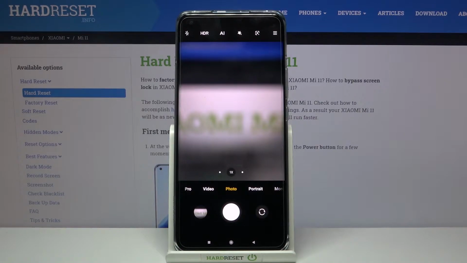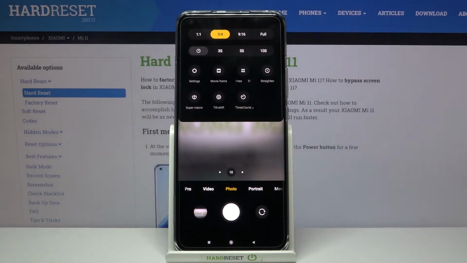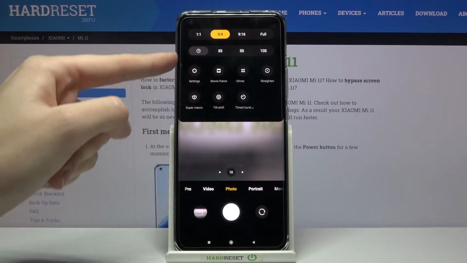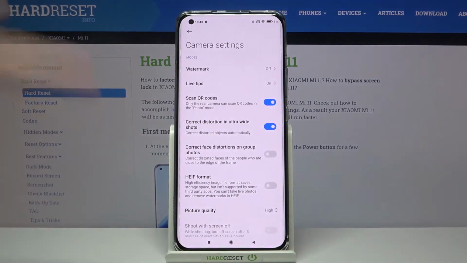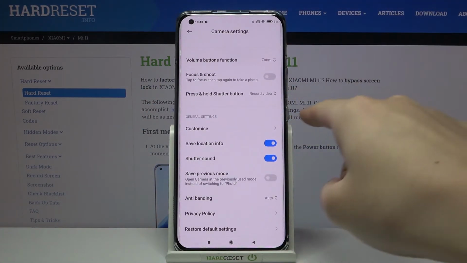To turn it off, let's go to the right corner to this button. When we pick it, we get access to more options about the camera we can manage. Now let's move to the left to this settings button. Here we can open the advanced camera settings, and we have to slide a little bit down to the general